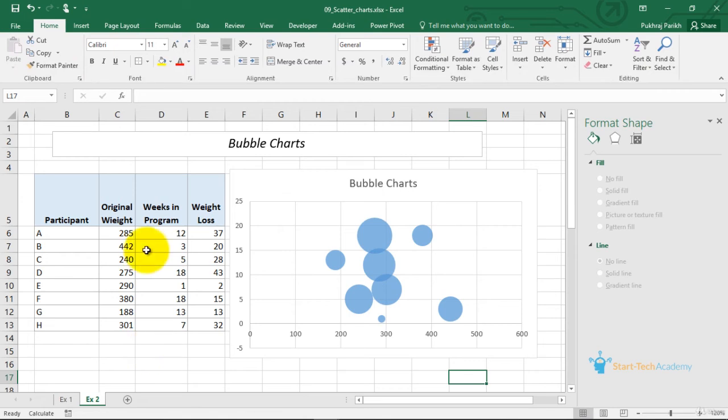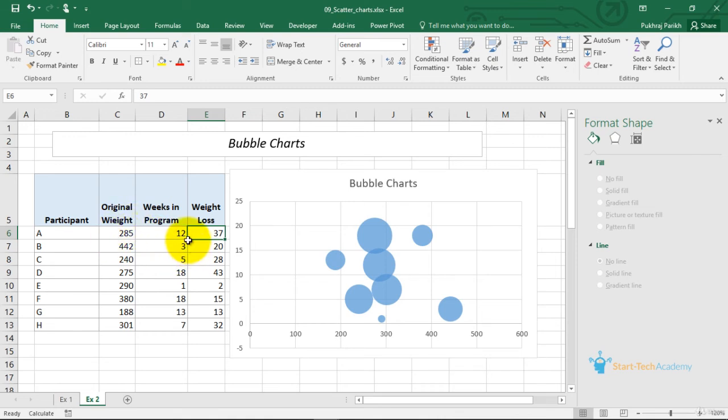In this data set, I have 3 data series. I had 8 participants in my weight loss program. These are the original weights of these 8 participants. This is the time spent by these participants in our program, and this is the amount of weight lost by each individual participant.